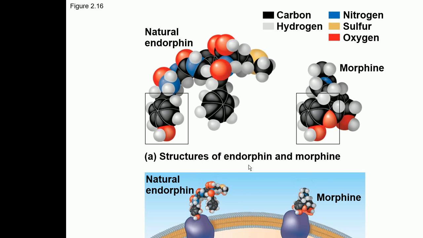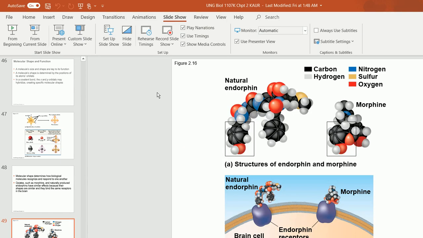How can morphine go and sit on these receptors and relieve the pain? It is because morphine and these natural endorphins have the same structure. Molecules which have the same structure can perform the same function. So here it talks about a very important relationship between shape and function. So that's all about chapter number 2. Let me know if you have any